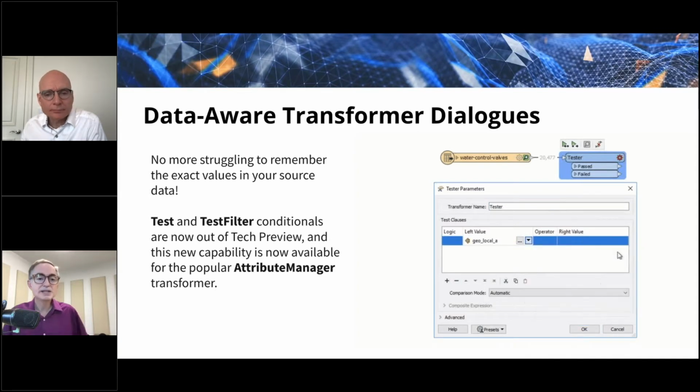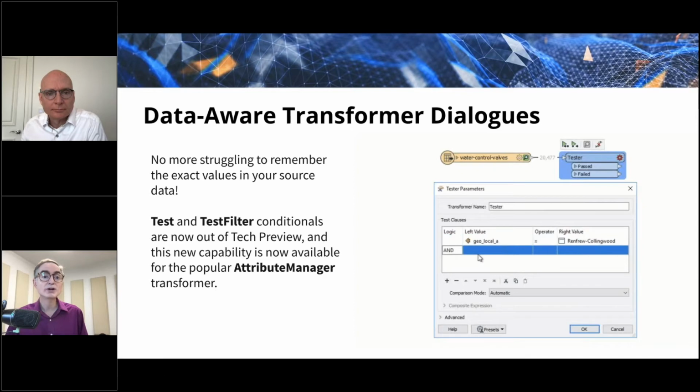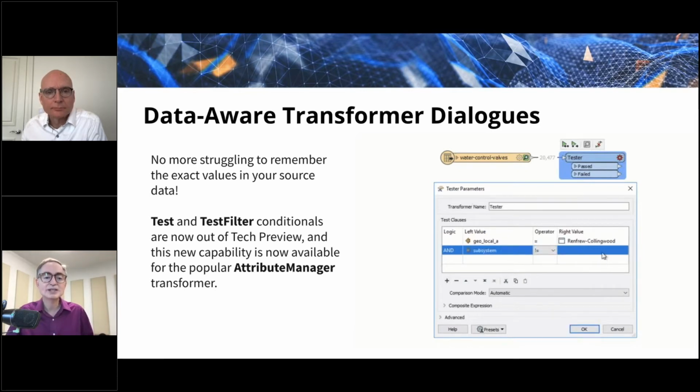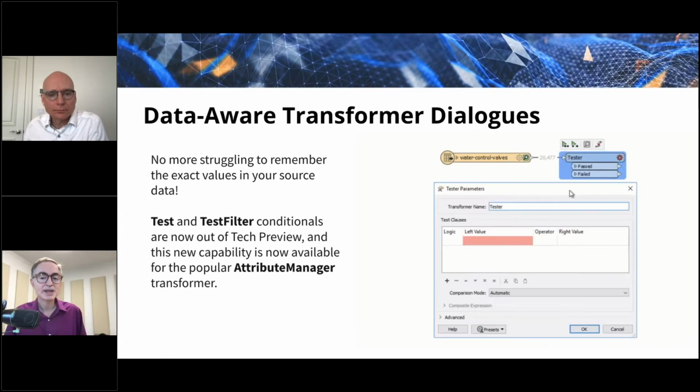Well, this has been in FME in some areas before, but we've expanded it in FME 2021. This is the idea that if you are authoring with feature caching turned on, then when you go into the dialogues, we can know what's available in the data that you're working with and give you hints and help. So we can fish out names of attributes, we can fish out values, and you can work with it. This is the tester being shown.